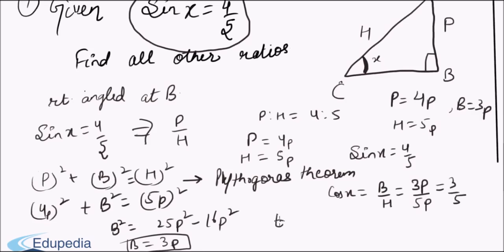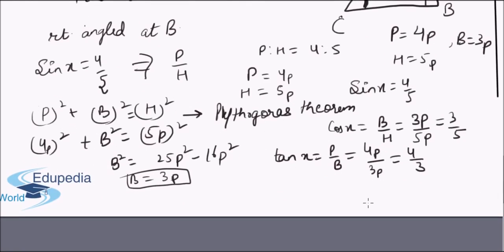Similarly, tangent x is perpendicular over base. Now perpendicular is 4P, whereas the base is 3P. Therefore tangent will be 4/3. Similarly,